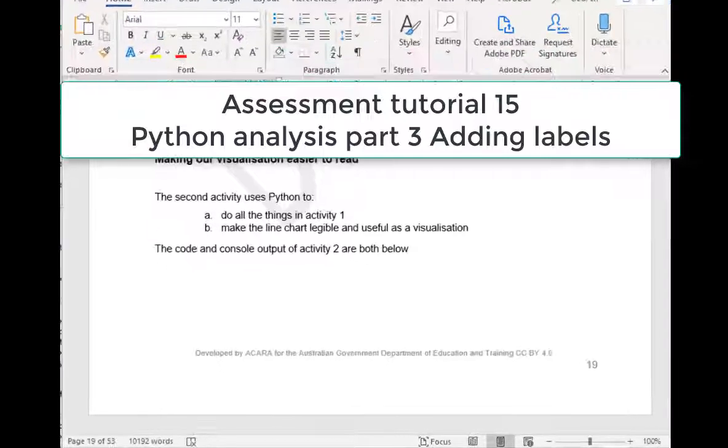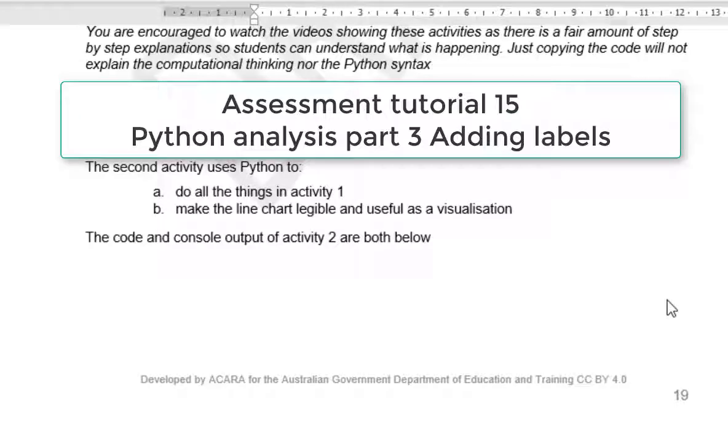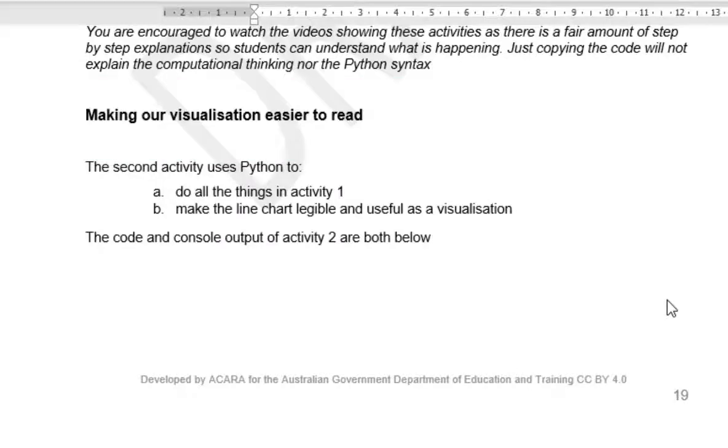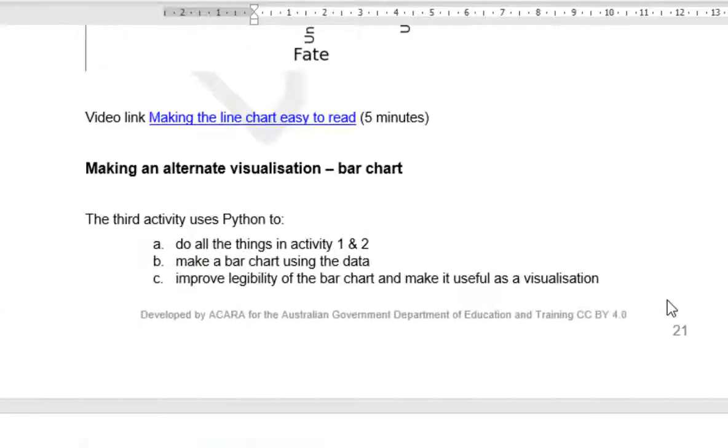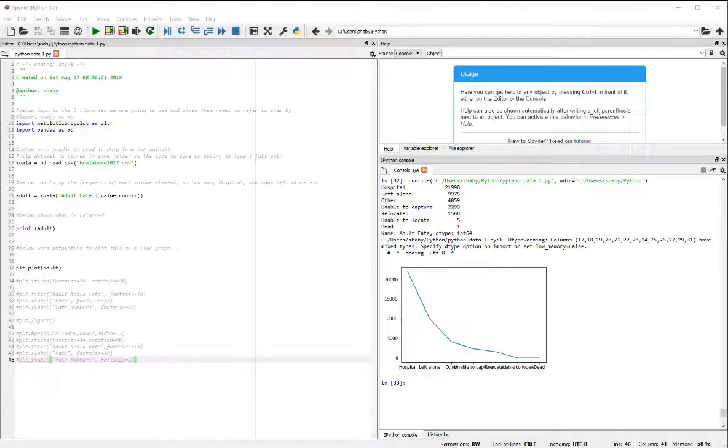Hi there, in this tutorial we're going to take our line chart that we created in the previous tutorial and make our visualization easier to read, so that at the end our line chart will look something like this, which is much better than what we have at the present time. So where we left off, we had